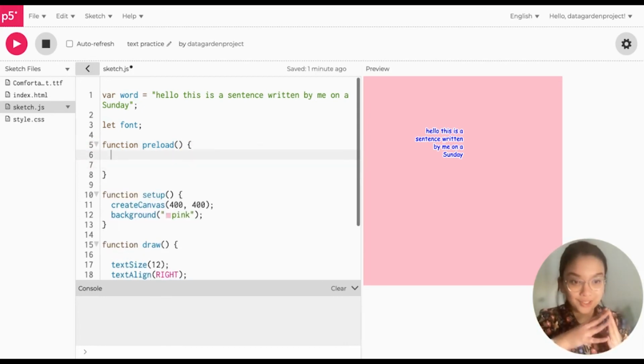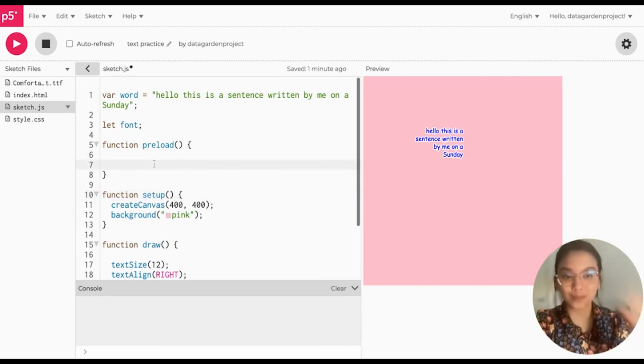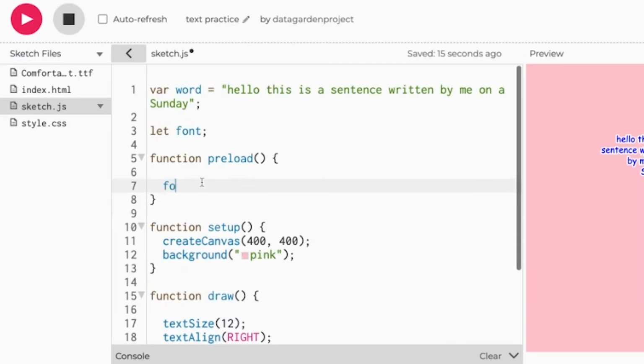So what the preload function is there for is it loads any sort of external files that it needs before it sets up your canvas. And so this is where we would put in our images and things later on as well. So in the preload function, what we're going to do is assign the file with the variable. And so we would go font, loadFont,